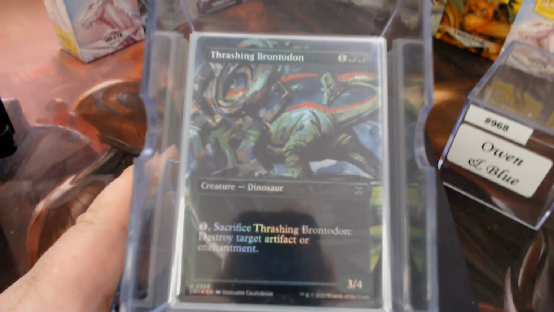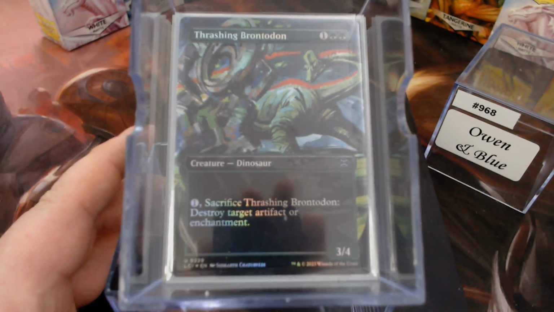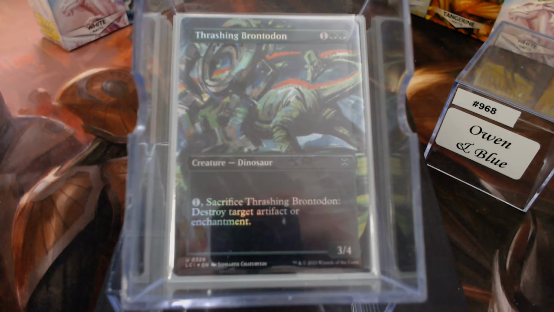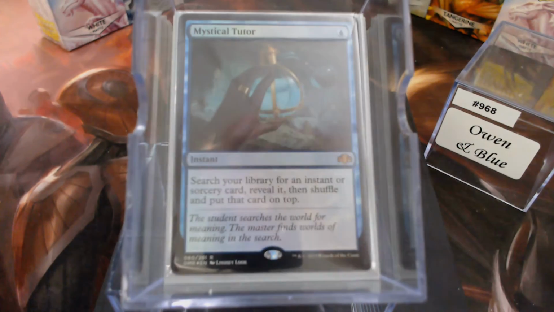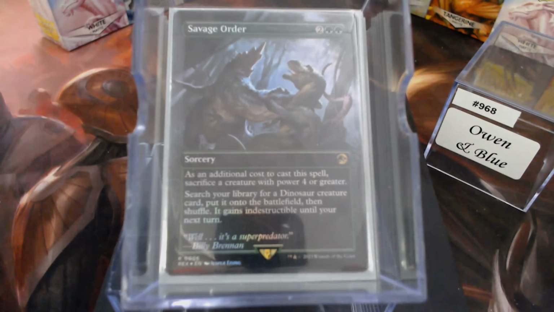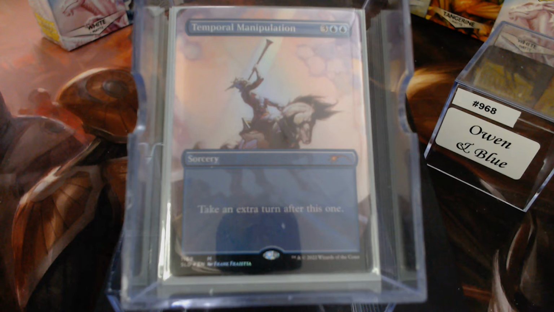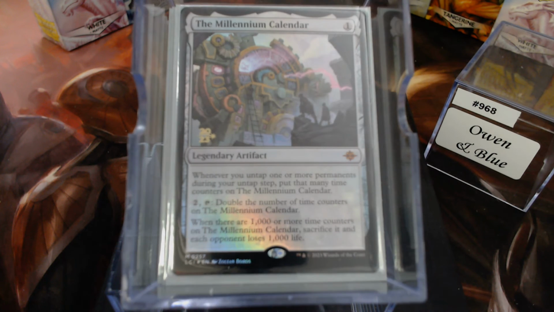Let's see if we can get this a little more. Now, I've got some other things here. I mean, we're playing the colors, right? So I do have a Mystical Tutor and a Worldly Tutor. Savage Order is really, really good. Temporal Manipulation, taking extra turns, is good. The Millennium Calendar is just super funny,